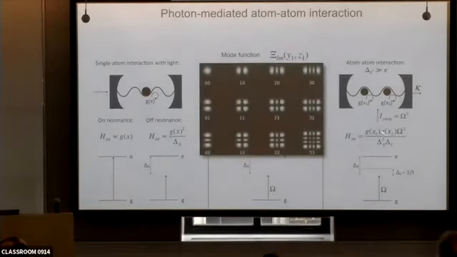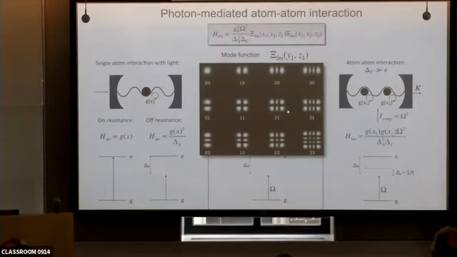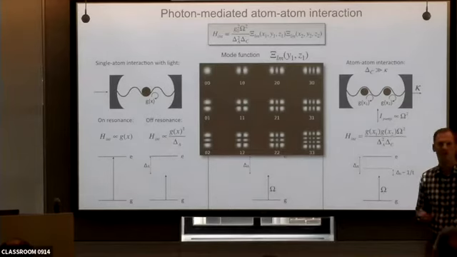So going back to the story, what you can have fun doing is to exploit the shape of this interaction. This coupling constant is really dependent on the mode shape of the photons in this cavity. Though usually in this field we only couple to the 0,0 mode, we can actually couple to a lot of these different modes, or maybe all of them simultaneously. Then you get an interaction Hamiltonian when you pull out the strengths of all of these: the atomic constants, the maximum coupling strength and the pump intensity, times a product of these two mode functions. And that you can play with and have a lot of fun.